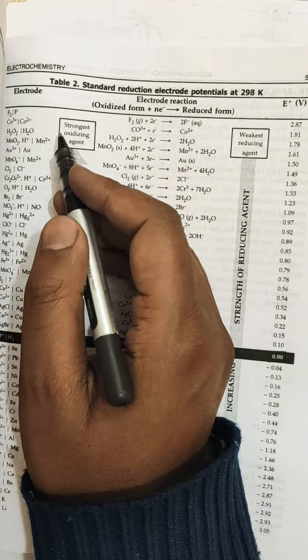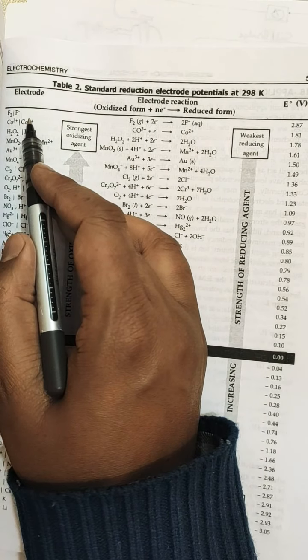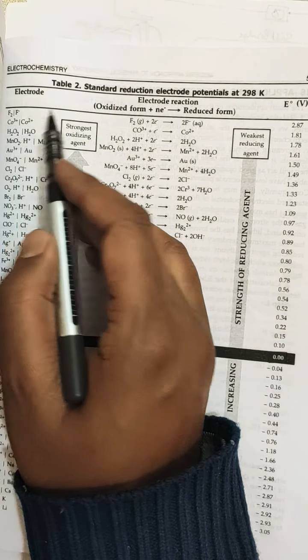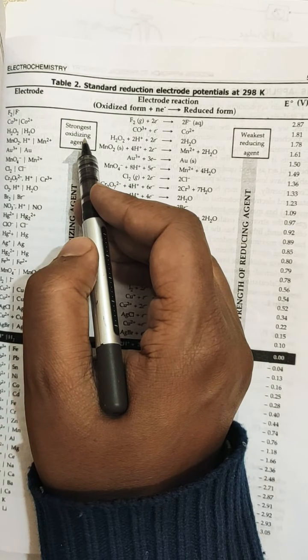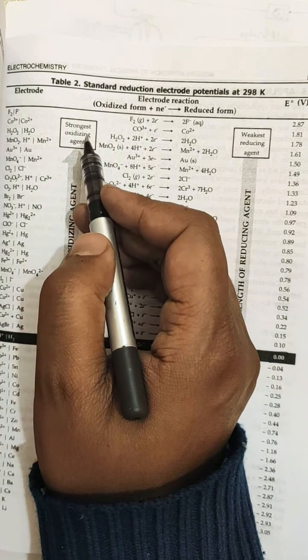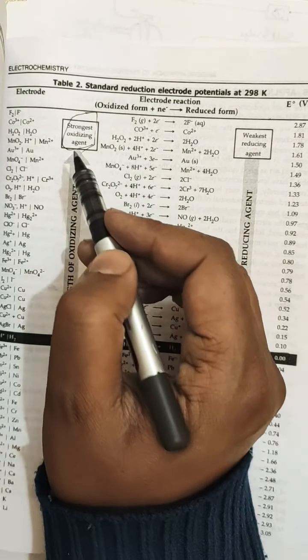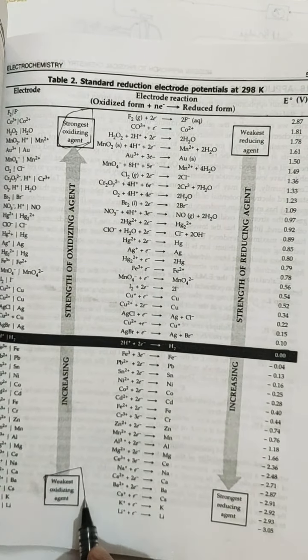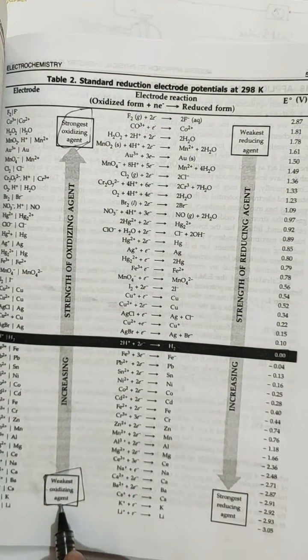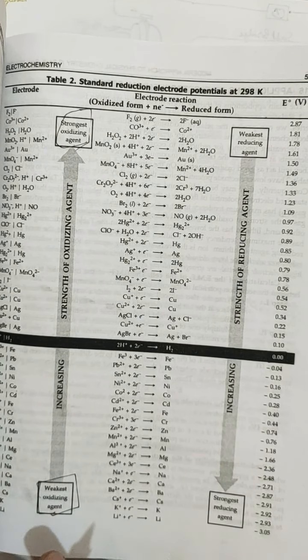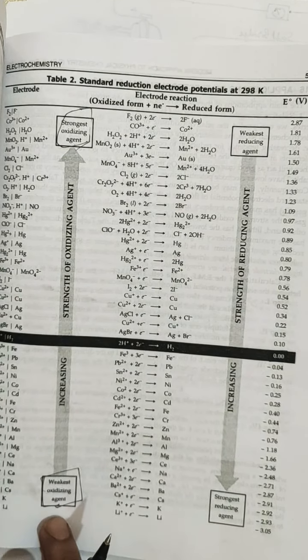So you just remember the one thing, that on the top of the series is the strongest oxidizing agent. Everything else you can correlate with this, or you can remember only this and you will correlate everything in this electrochemical series with this value of weakest oxidizing agent.